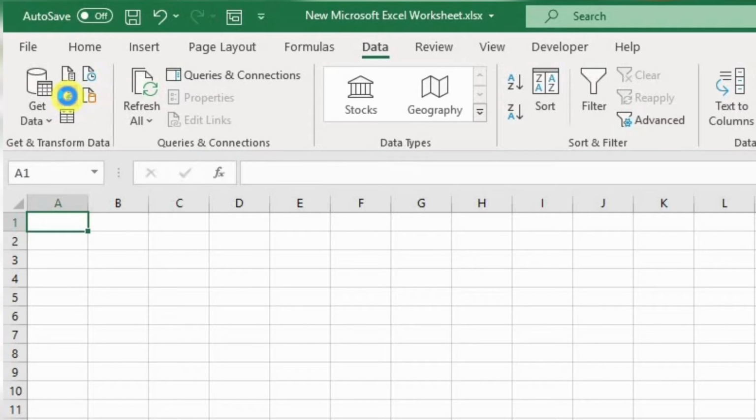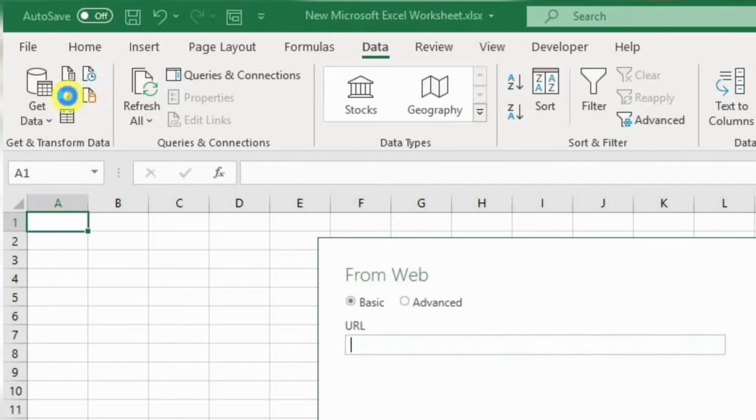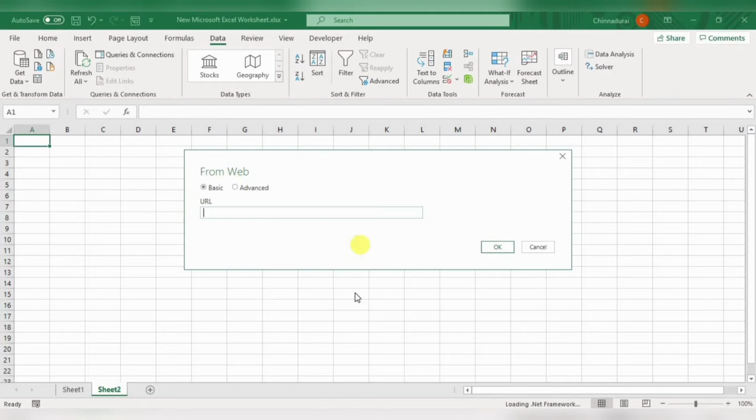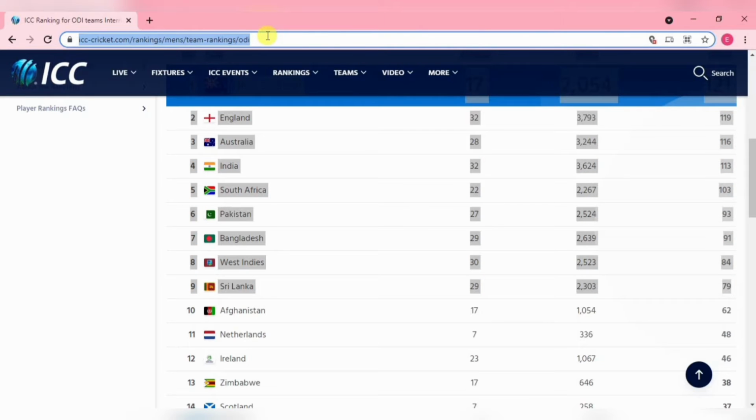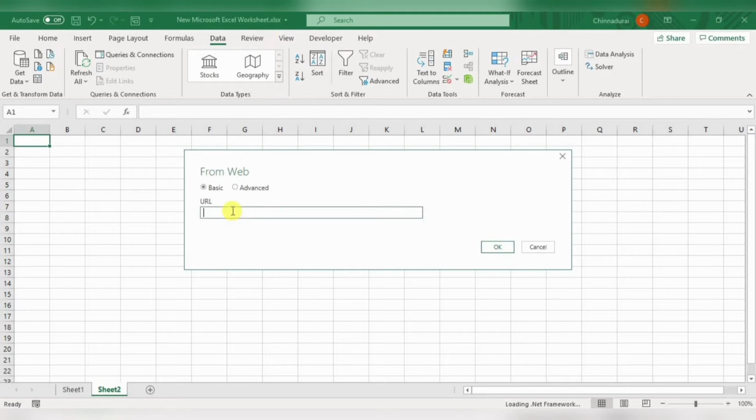You have to select that one. Once you select From Web, it will ask for the URL address. You have to go to the browser, copy that URL address and paste it here. Once you have done, click OK.